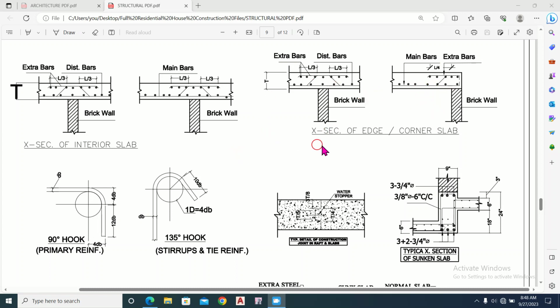So these were the different sections of the slab reinforcement, and the thickness of the slab is 6 inches. So now we proceed to another section. But before proceeding to this, we have to discuss the hooks, the different hooks that have been used